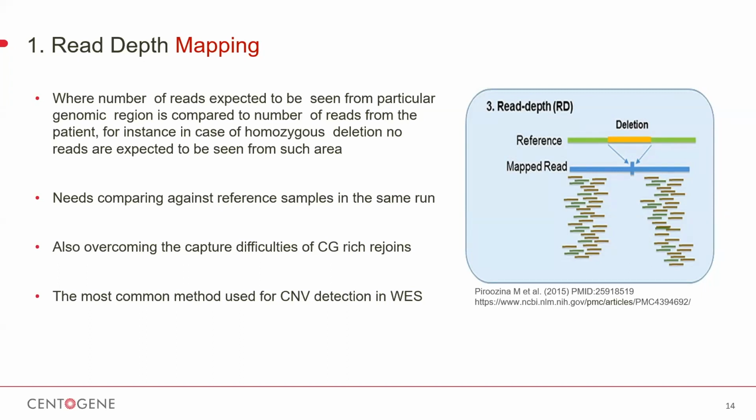One of the limitations is that the availability of reads depends on the difficulty of capture, and on bias regarding amplification, also problems especially in GC-rich regions, and it's related more to NGS analysis limitations. And again, I need to normalize the data by comparing it to other samples in the same run. So for instance, if I'm detecting a rare deletion or duplication mutation, I have to check the other samples in the same run, whether it is available or not. If it is available, it's less likely to be a true call.